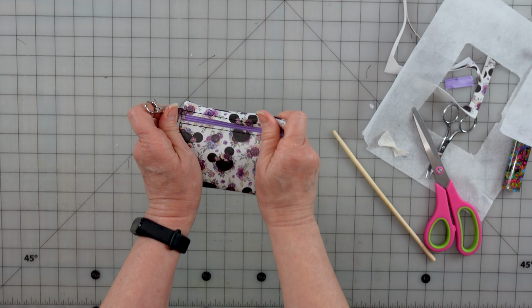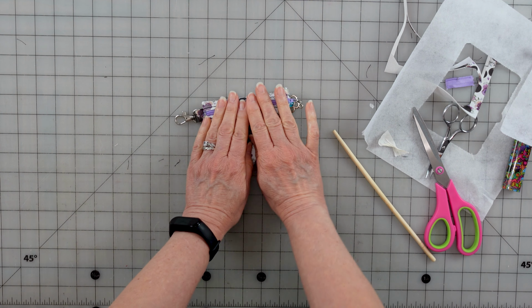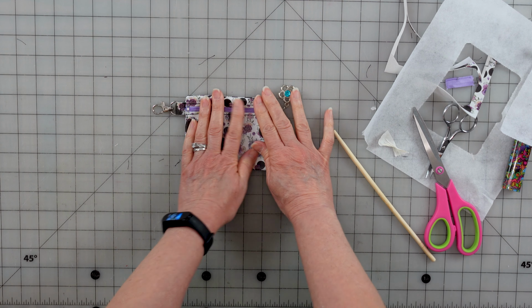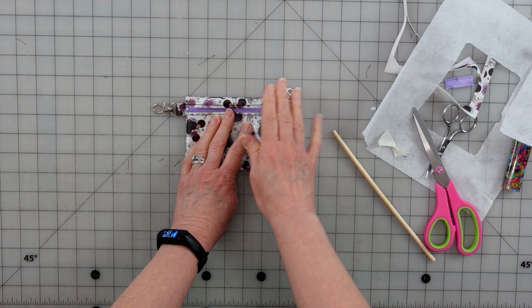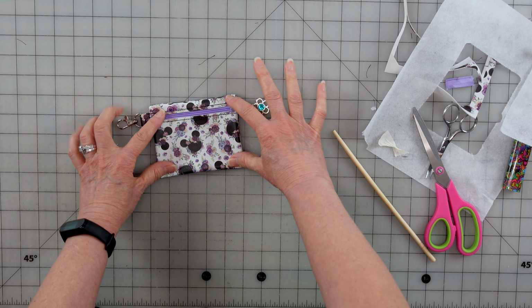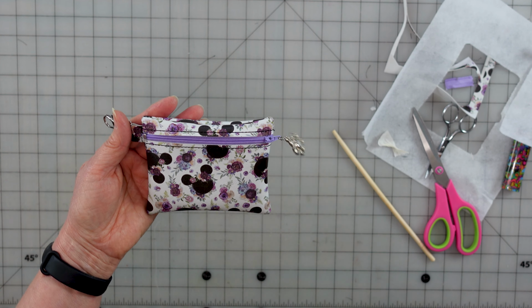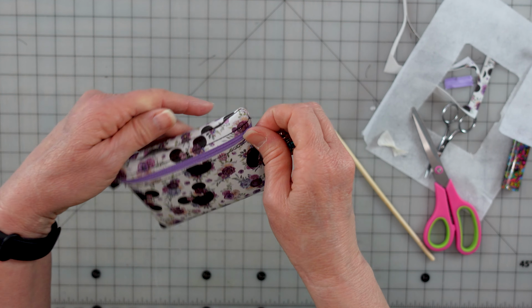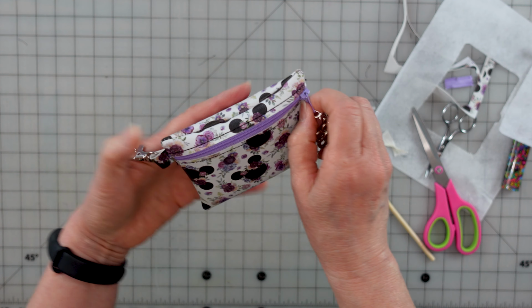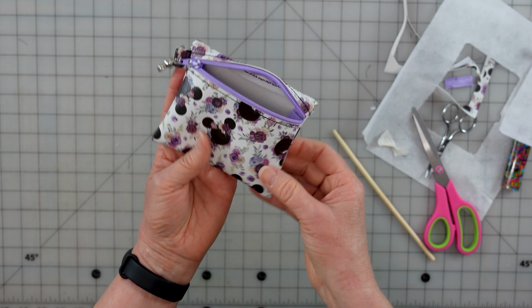All right. So the next thing we can do is just press it, either, you know, underneath the heavy book. You can use a light, warm iron and a fabric over it, but you want to be really careful that you don't push too hard. Once you warm it up, you can always put it under a heavy book, and that'll help it hold and stay flat. So this is our cash card mini zipper pouch. And it does hold, why I've made it this size, it'll hold IDs, credit card, money,